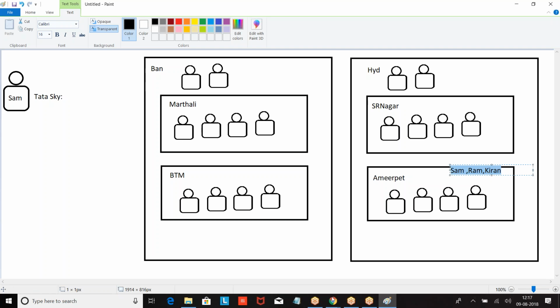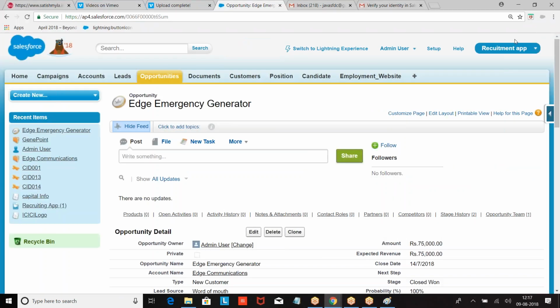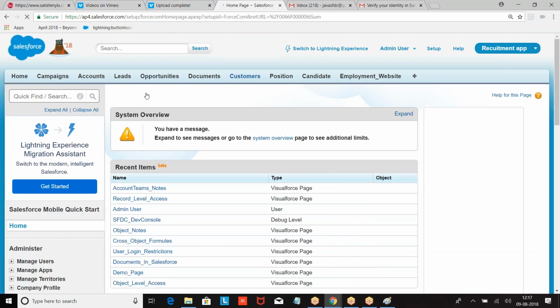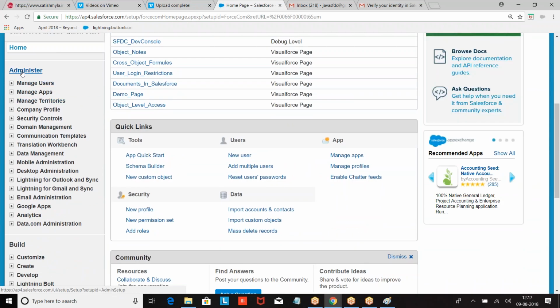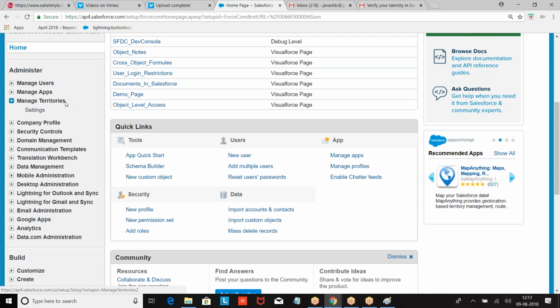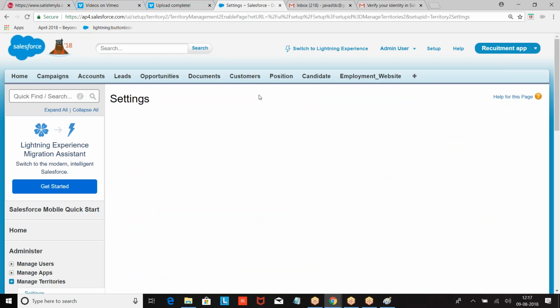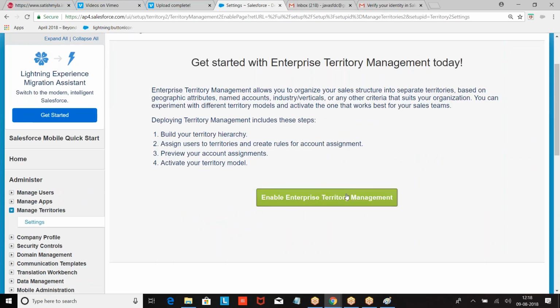Now look at this, how you create. Setup, Administer, Territory management, Settings, Enable.